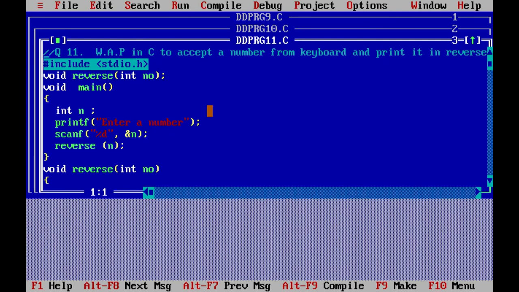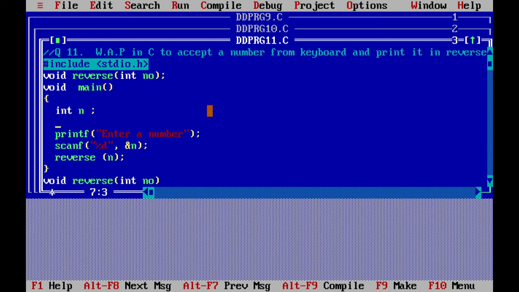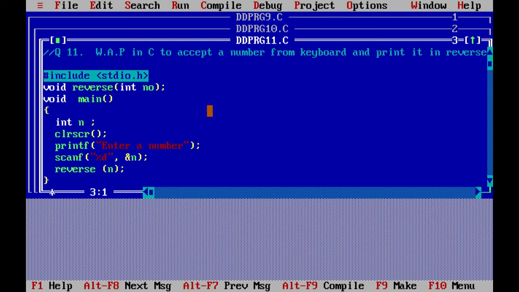Before that you have to write here the clrscr function: clrscr, bracket start, bracket close, semicolon, and here you have to write conio.h, so hashtag include conio.h.